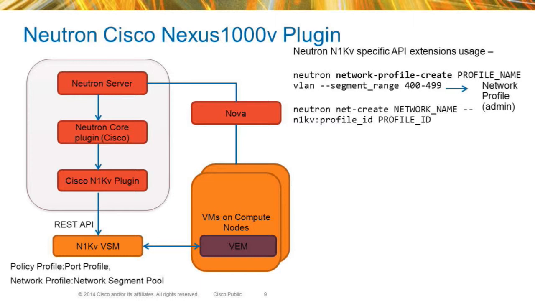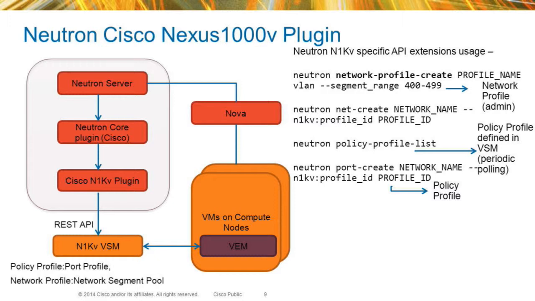So there is a one-to-one mapping between the network profile as well as the network segment pool. The second extension that we have contributed for the N1KV solution is the policy profile construct within the Neutron API. A policy profile, as most of you are already aware, is called a port profile within the VSM. Within the port profile, you can define constructs such as ACLs and QoS policies, and the Neutron N1KV plugin will